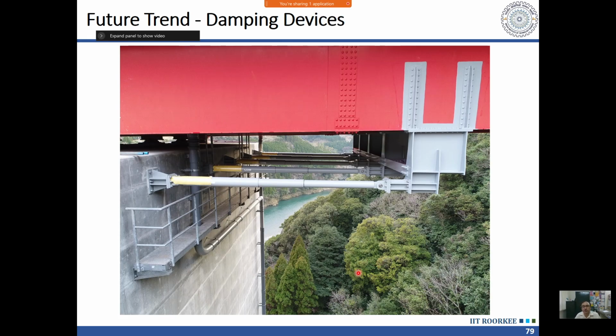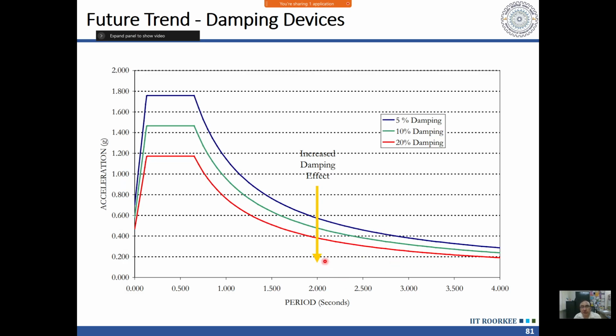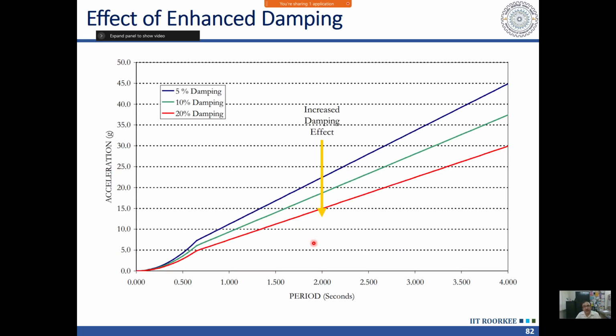So I just wanted to show you some photographs where these dampers have been implemented. In some of the bridges, these dampers have been implemented, and these dampers have both the advantages. It not only reduces the displacement, it reduces the force also, because damper is not changing the period. Let us say period remains same, but still with increased damping, the Sa/g value is reducing. So it is reducing the force, and at the same time it is also reducing the displacement. At the same given period, with increased damping, even the displacement response spectrum reduces. So damper has the advantage that it is reducing both force as well as displacement.